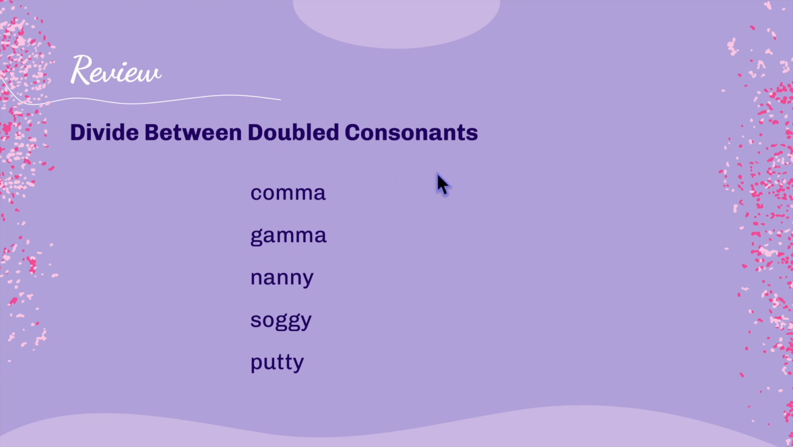Divide between any doubled consonant. So right here, we're going to divide between the M's, the N's, the G's, and the T's. Syllables with a vowel in the middle will usually have their short sound. The first syllable in all of these words is closed with a vowel in the middle, so we try the